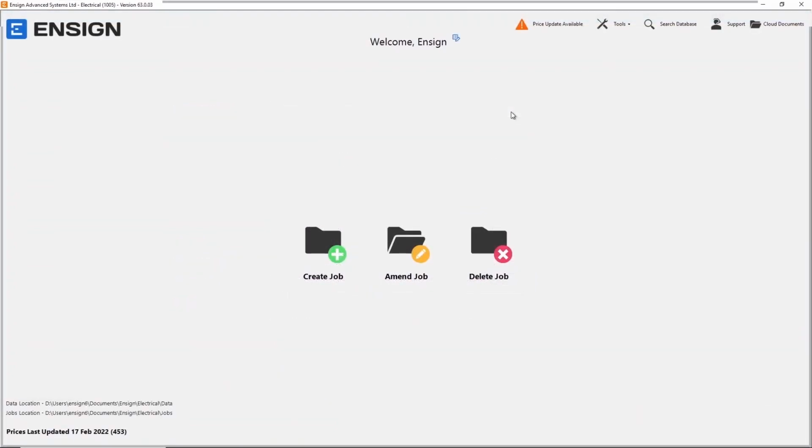One of the other features that we can utilize in the system a little bit more, and this is going to be more of a preference on a per user basis, is that we now have the ability, when you load up the software, to decide what screen you would like to load into. Whether we'd like to load into the standard one with create, amend, delete job and all of your tools options up here along the top,